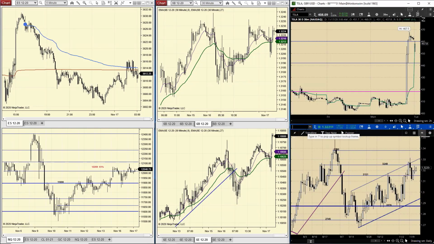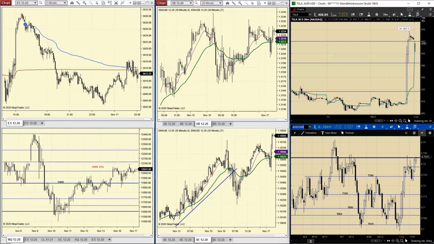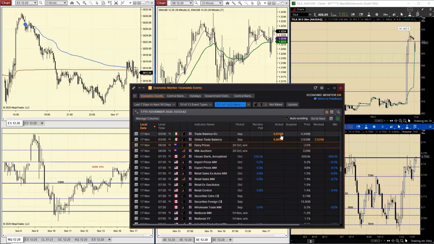Take a look at the Aussie dollar. And we did make it up to that 73.30. We just closed a little bit below it, and here we are trying to breach that now. So still looking pretty solid on the Kiwi. For what it's worth, we did get the Canadian trade balance out just now. So it did come out.